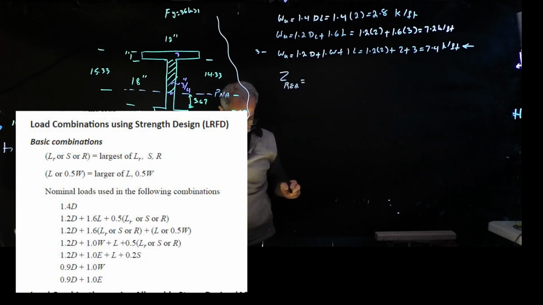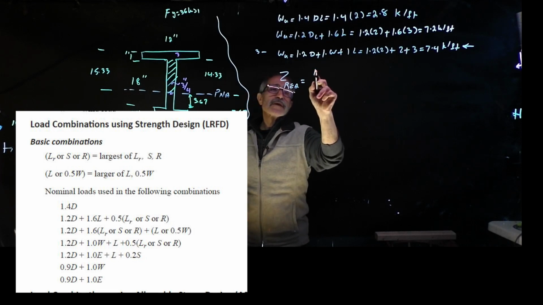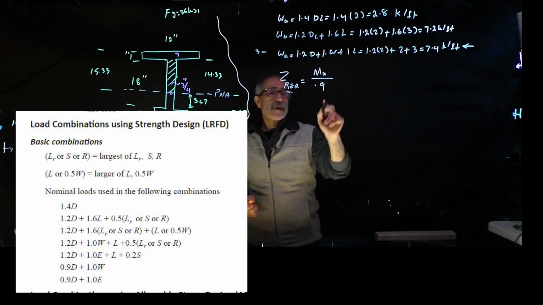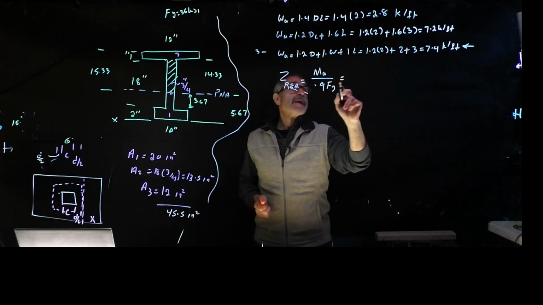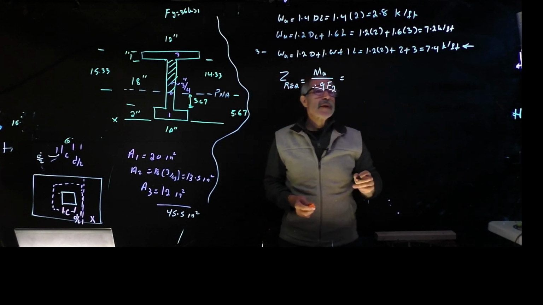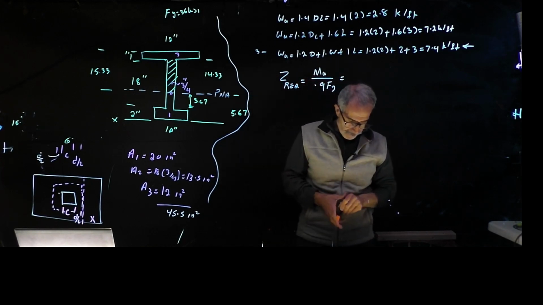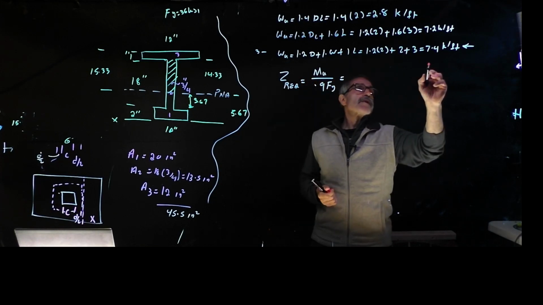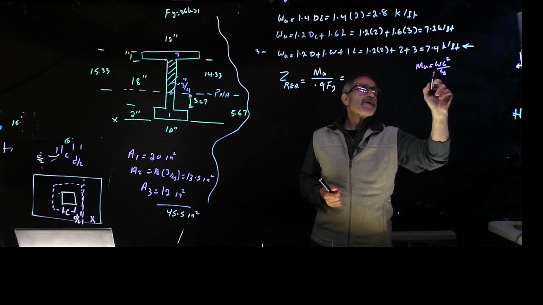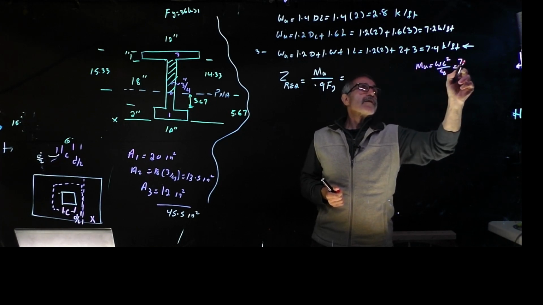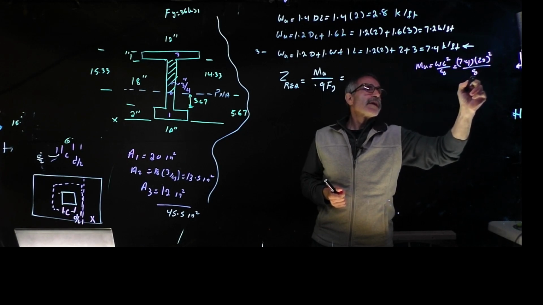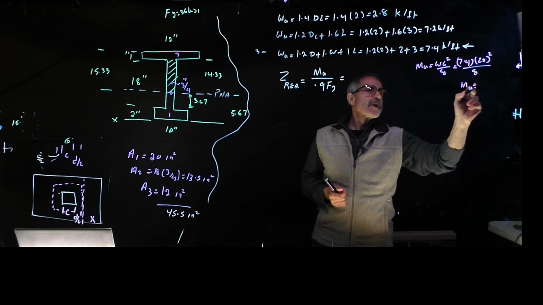Next we're going to find out what the required plastic section modulus is. Required Z is equal to, basically given by the formula from your handbook, Mu divided by 0.9 times Fy, and Mu we don't know yet. So let's calculate Mu first. Mu is equal to WL squared divided by 8. You know that. That is 7.4 times 24 squared. Divide that by 8, and Mu comes out to be